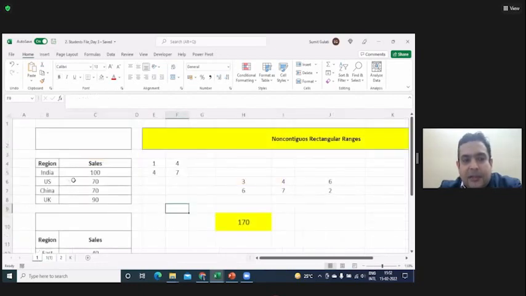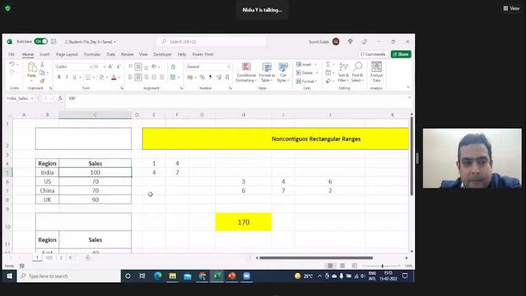Just go back to C5 and see whether it is showing India_sales here or not. It's saying C5. I had written India_sales and pressed enter, but it is still saying C5.